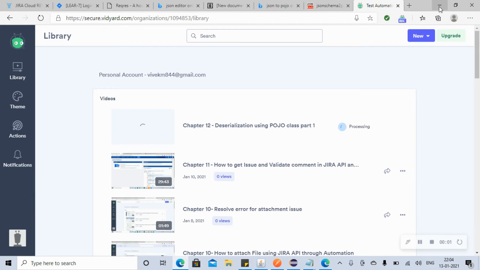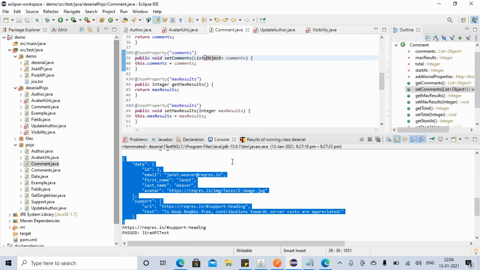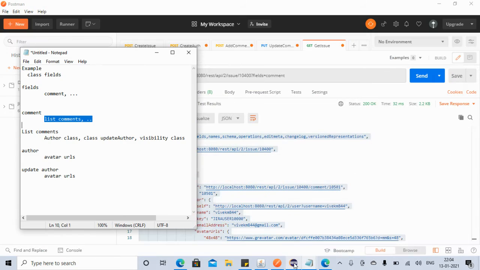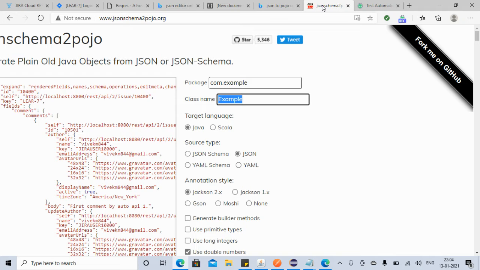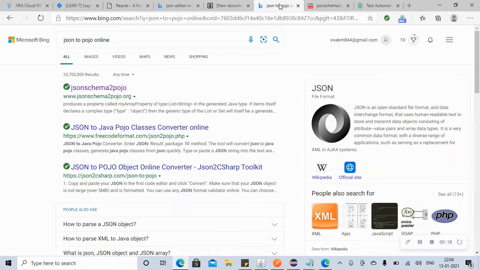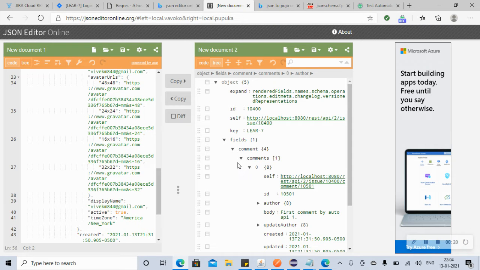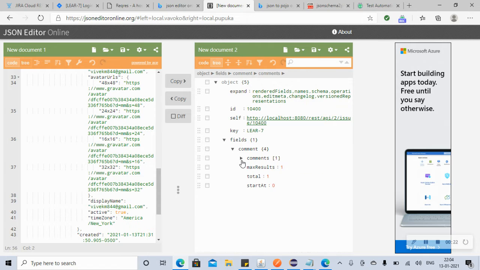Okay, friends. So let me see. So here we were. We just changed this list, so that comments is a list of objects. That's what we can see here. If you go here and go to this, you can see this comment. What is this comment? Comment is a list because we have this array symbol here, right? This is not curly braces.